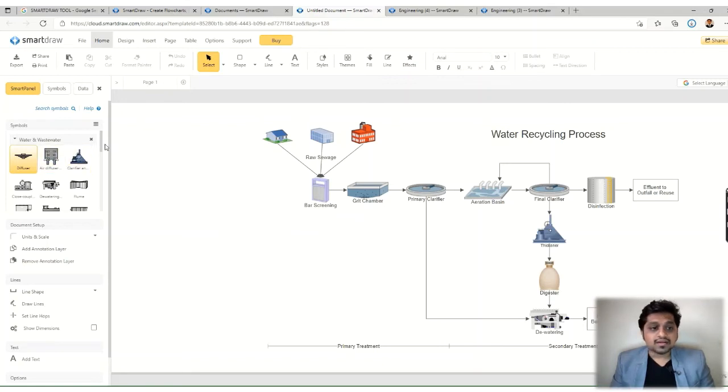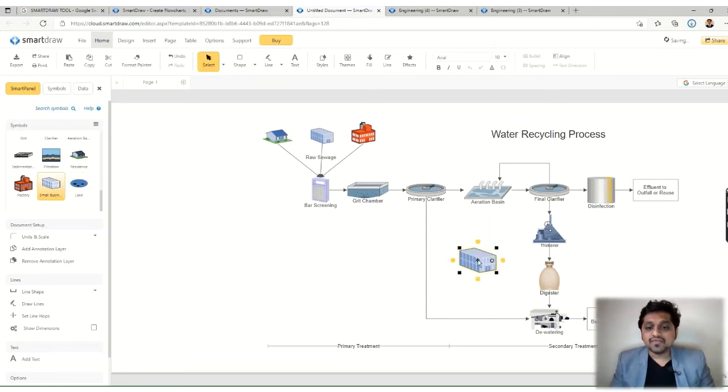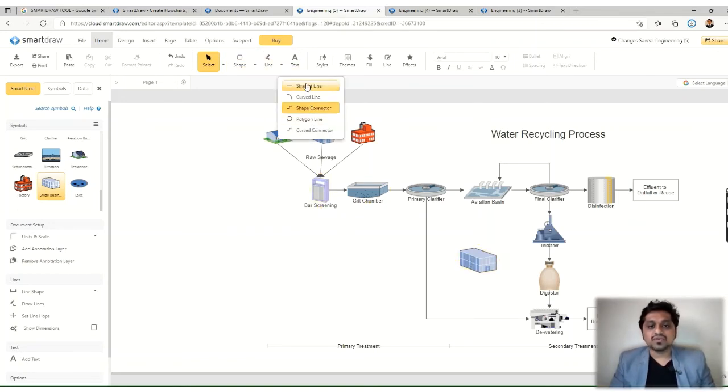There is a library, you can pick and place some images over there, and if you want to connect them, just go into the line command and you can draw a line. You go into the line, take a straight line and just drag, so it will automatically get connected to the previous diagram.